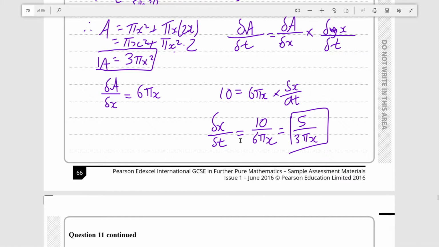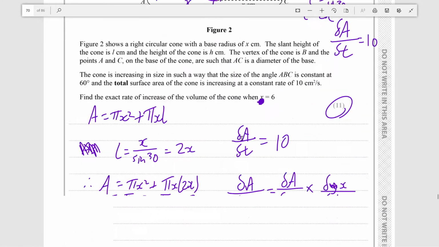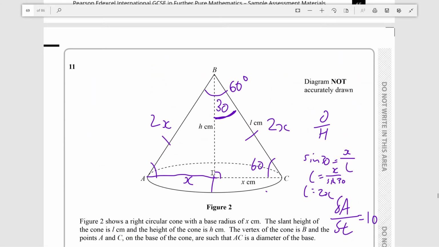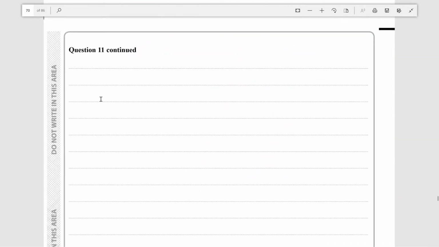Now, you may be asking yourself, where was I going with all this? Well, if we figure out the rate of change of the radius, we can use that to figure out the rate of change of the entire volume of the cone. So for example, if we look down here, we can find that the volume of the cone is 1/3 times the base area times the height, and we know that the base area is pi x squared, and we know that the height must be equal to, since it is the adjacent side to the angle 30, and we're looking at tangent, which is opposite over adjacent,